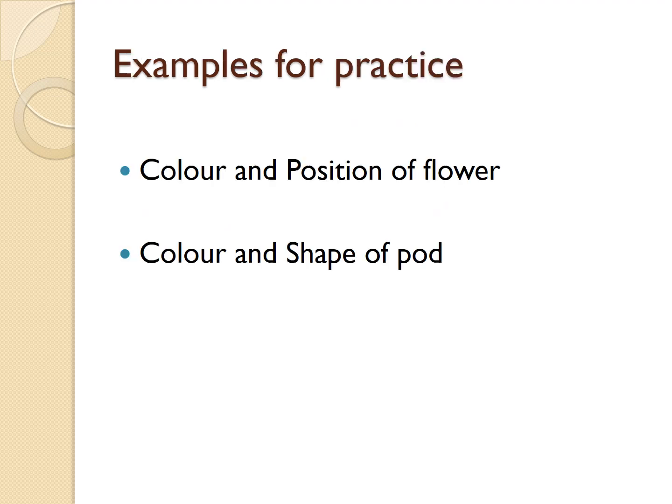Okay, so let us all solve examples for practice. What you have to do now is take your book, rough book you can take, and start solving these two questions that I've given of dihybrid cross. Just now we solved for shape and color of the seed. Similarly, start practicing for the first one, color and position of flower, and color and shape of the pod. And just check after solving if you're getting the phenotypic and the genotypic ratios correct. Okay, if you don't get it, it is fine for the first time. If you're not getting the ratios, you can practice. Obviously, as you're practicing, this thing will seem to be simple.